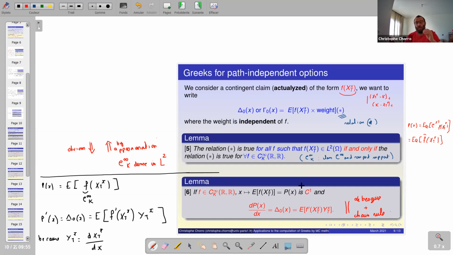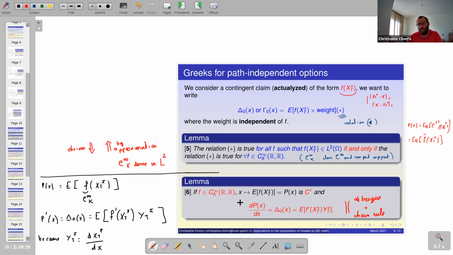Okay, so in the situation where my contingent claim has this form here, I can restrict myself to prove this formula for any f. I can restrict myself to the case where small f is of class C infinity with compact support using this approximation argument here. And what is more, in the case where f is very regular, that is of class C infinity with compact support, I have this expression for